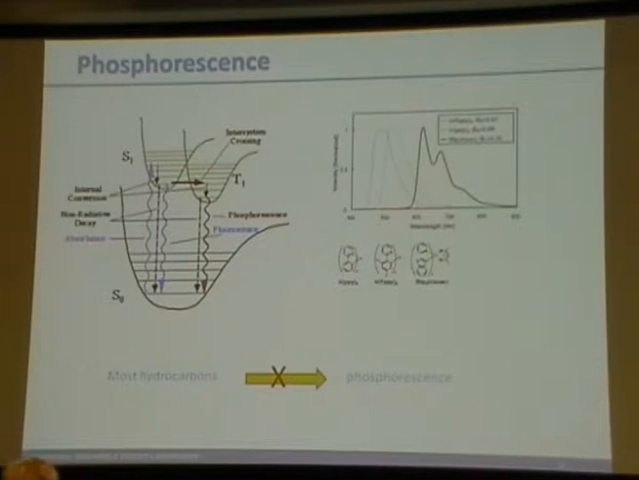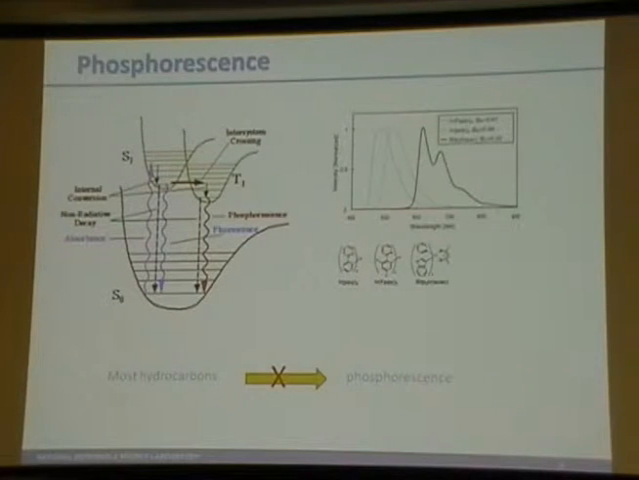So the first thing that people often say is, well, why don't you just look for phosphorescence? Phosphorescence is this spin-forbidden radiative decay from a triplet state. It's spin forbidden because you need to flip the triplet spin in order for it to go back to the singlet ground state. And in some molecules, phosphorescence is quite bright, but most of those molecules,